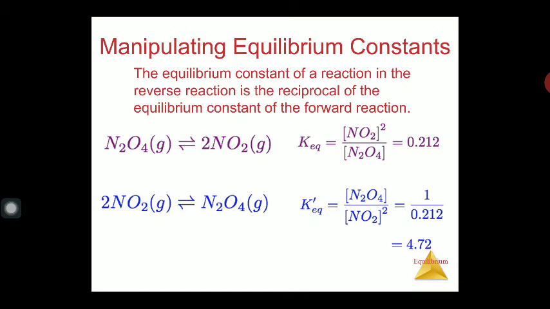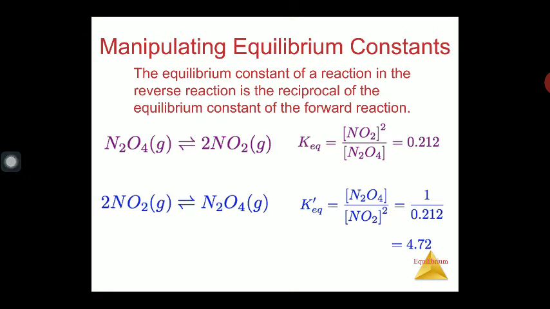The equilibrium constant of the reverse reaction is the reciprocal of the equilibrium constant of the forward reaction. So by this example, now I am going to discuss in detail what are the basic characteristics of the equilibrium constant. Suppose in the reaction N2O4 dissociates to form 2 moles of NO2. This dimer of this nitric oxide is converted to the corresponding individual species. So the value of K should be equal to NO2 to the power 2 over N2O4. The value becomes 0.212. Whenever we will discuss by knowing the value of this K,